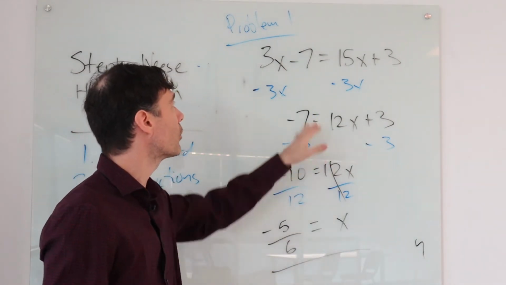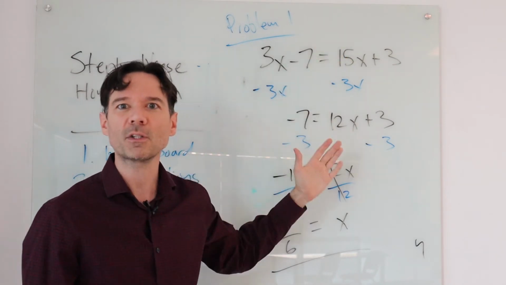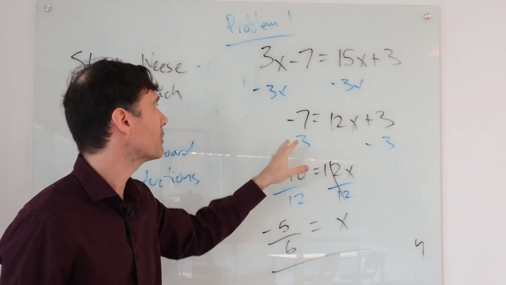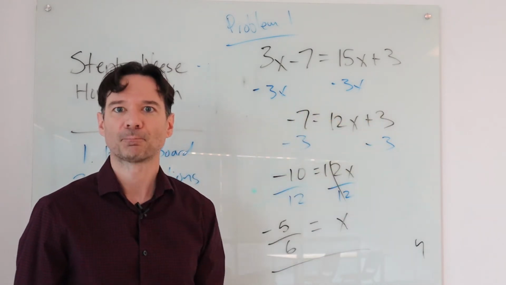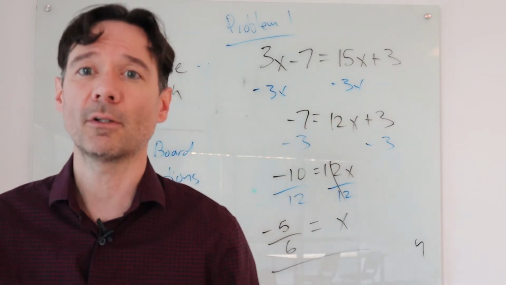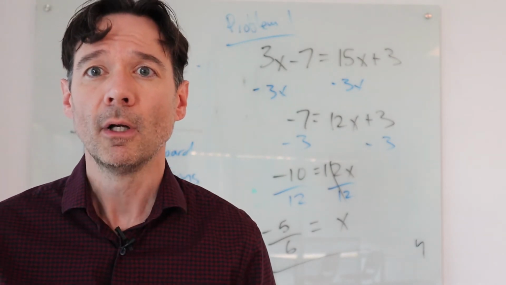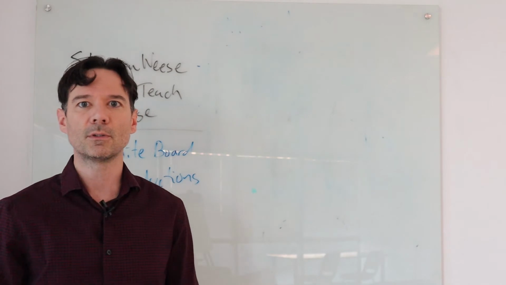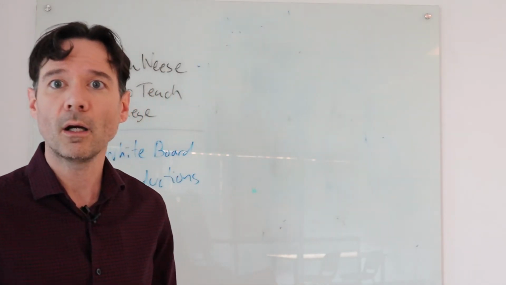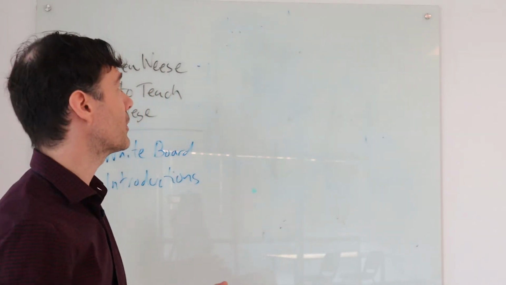Okay, what did we do here? Well, we started off, we had 4 terms. We canceled out the smallest x by subtracting it from both sides, and then we kept going. All right, so that's use of color. Another good use of color is you might have more than one problem you're putting on the board at the same time. And so what you would do there is you could use one color for one of them and one for the other to keep them separate, right?